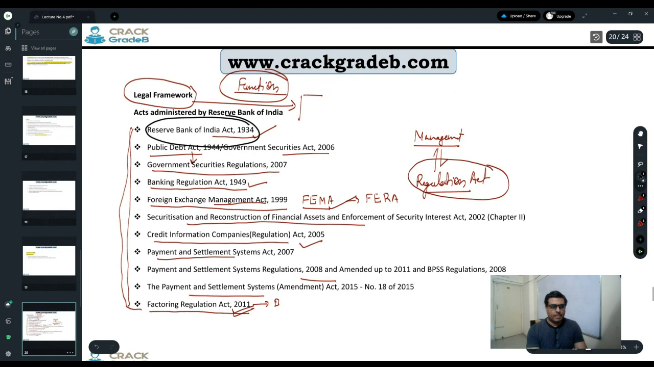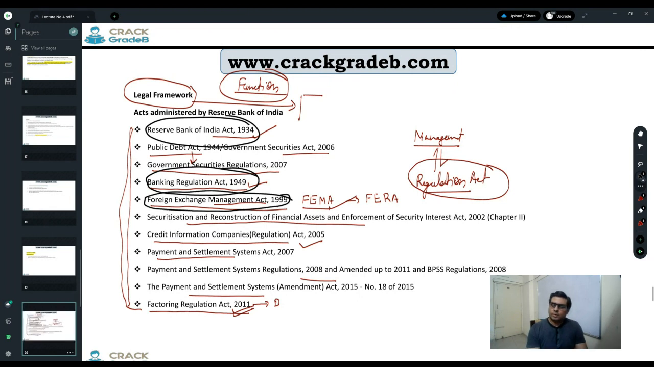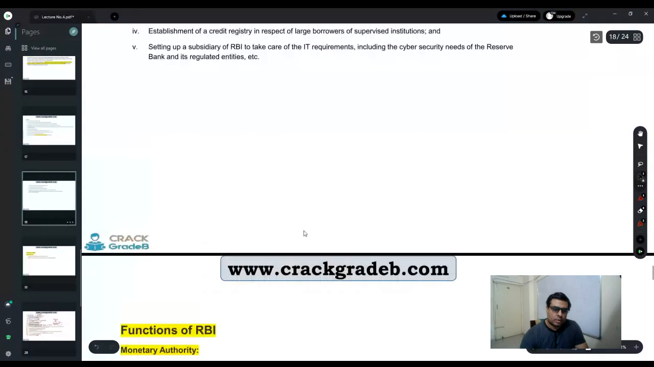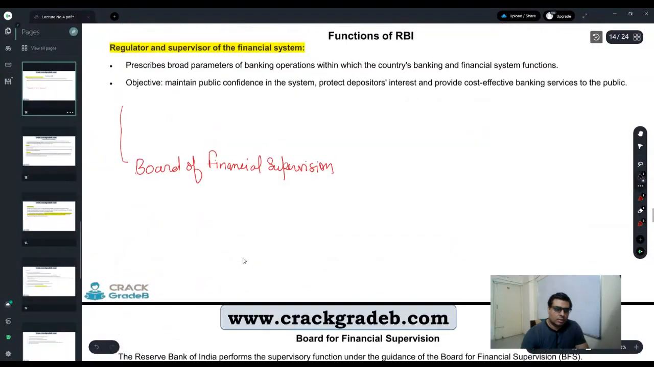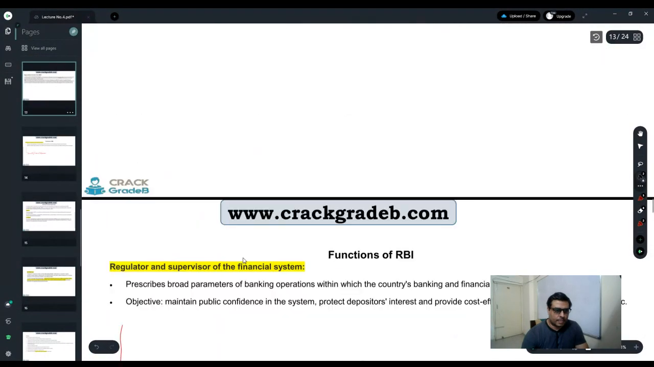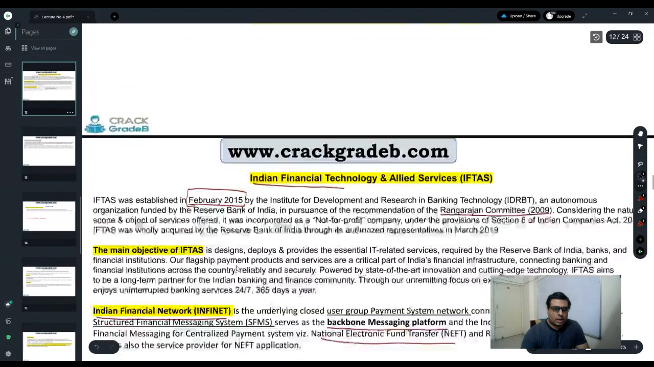Reserve Bank of India Act 1934, Banking Regulation Act 1949, and this one. These are the three pillars from where RBI draws most of the power to have control over the entire financial system, and it's the most powerful central bank in the world in terms of the power RBI has. Right. Now we should start with the functions of the Reserve Bank of India. Right. So I told you here